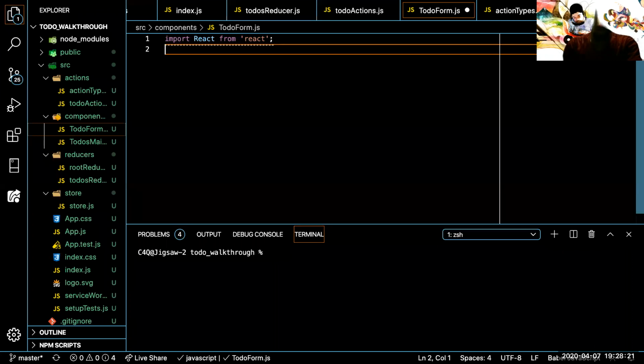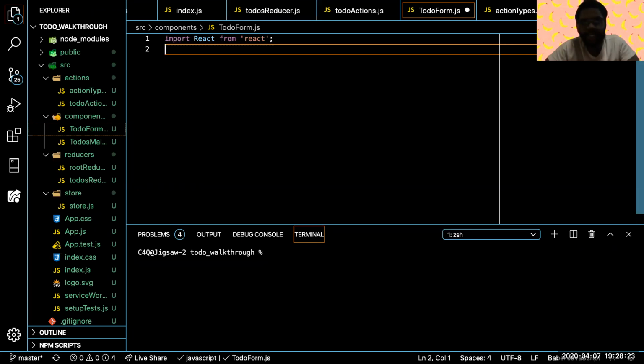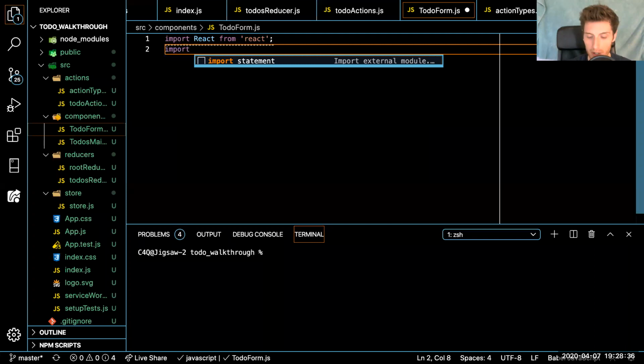What will it need to dispatch? What was it? What did you have? Receive to do. Yeah, that action, like on submit. Okay, so if we know we're doing that, then I'm going to go ahead and just import our use selector